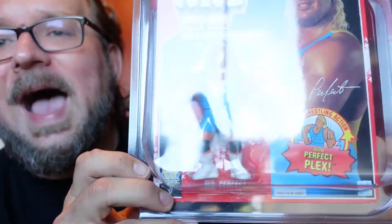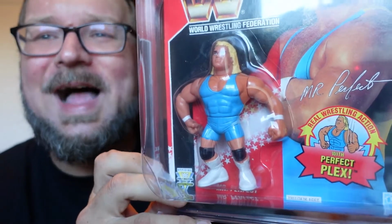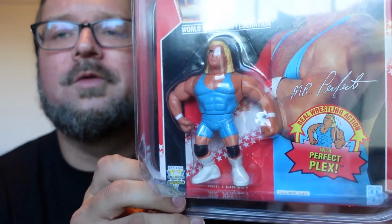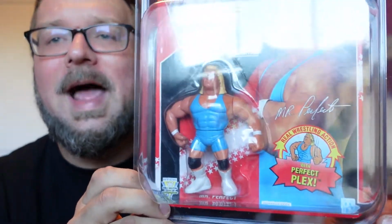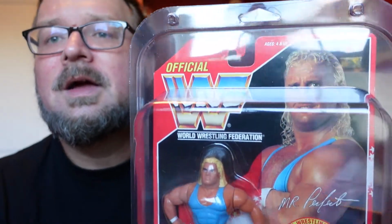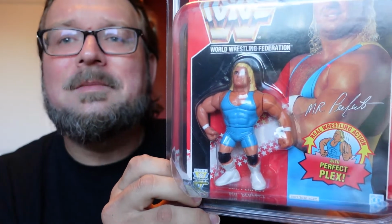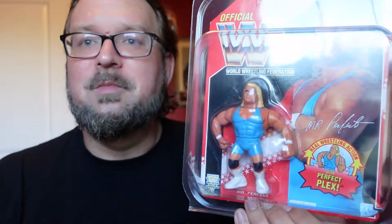The action figures all had spring-loaded mechanisms, and as a child, it was hard to make them do their real move, which was a drawback. They were more made just to be beat against each other. But as a creative, imaginative kid, of course, you figured out a way to make him do the perfect plex anyway. And some of the superstars were modeled so that you could do the finishing move in some way, shape, or form,